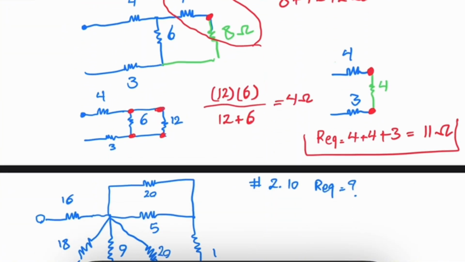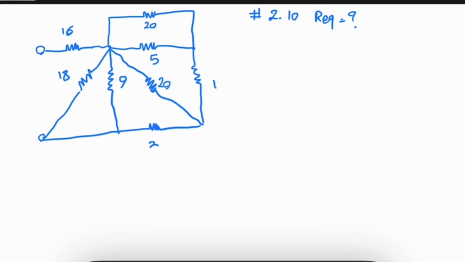Now I'm going to solve another example. You also can think of this one to see how it works. First of all, I can start from the upside. You can see that the 20 ohm resistor is in parallel with the 5 ohm resistor because both of them are using the same two nodes. So I can start with this one,